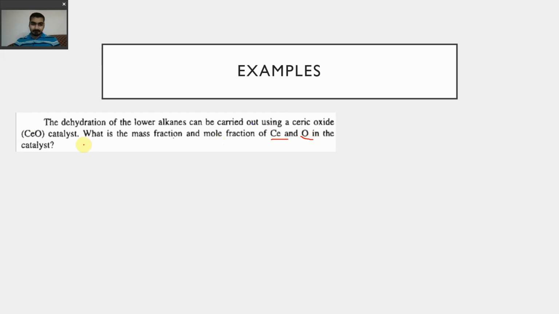So what is the final formula? CeO. Being a chemical engineer, you should be knowing it: cerium plus oxygen. We are not taking it as O2, we are just not knowing anything, we are just dumb. So like that we can write it in a simple way as CeO is formed by reacting Ce and O.